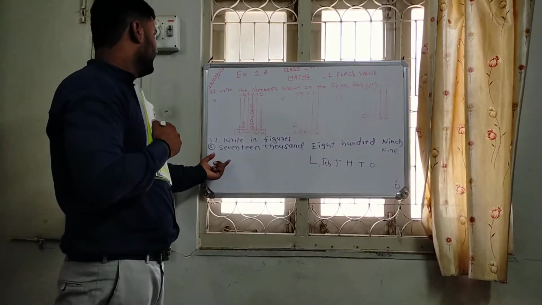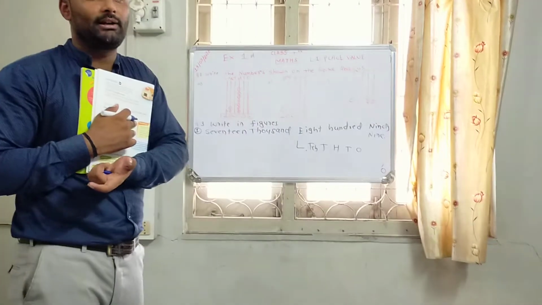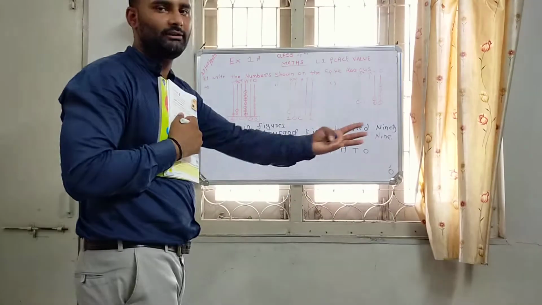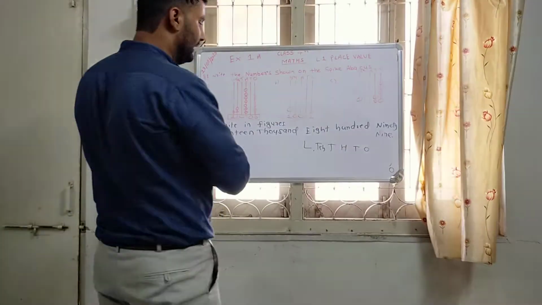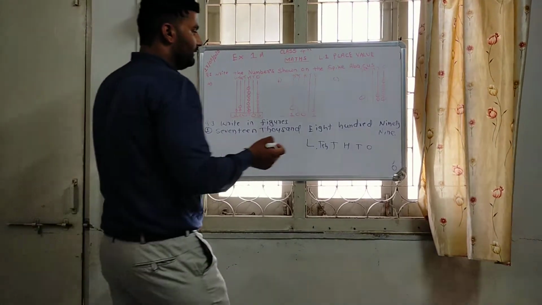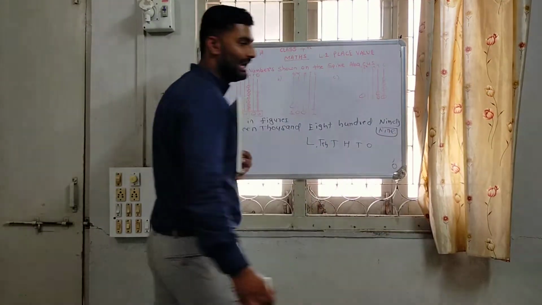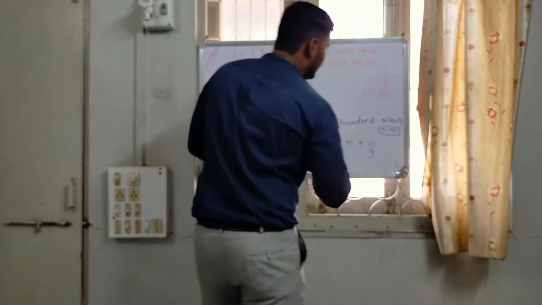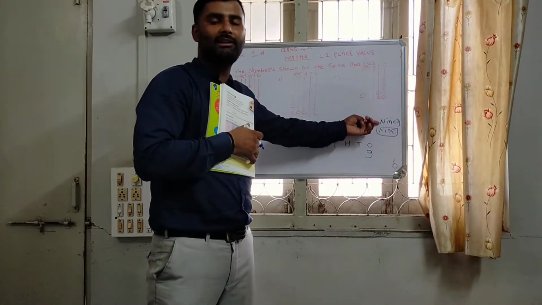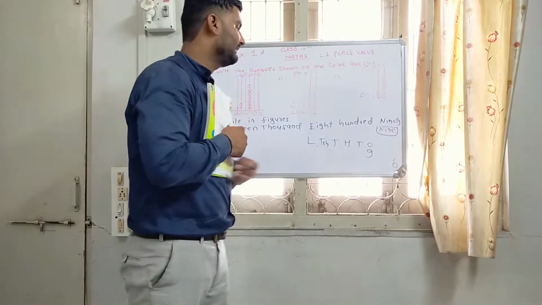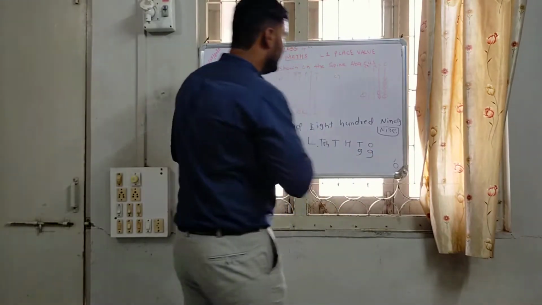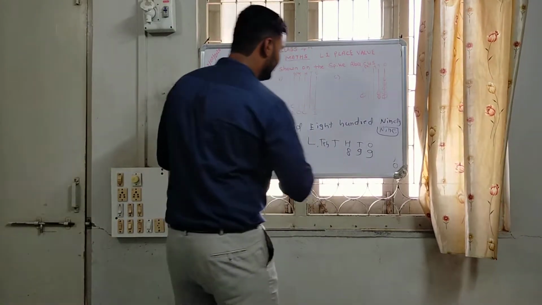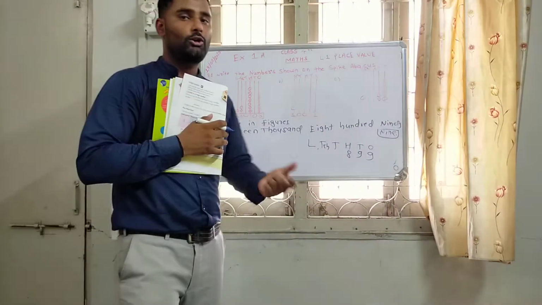Okay. Now while we read this number, we read from left to right. While I write this number in the place value chart, I write from right to left. Now how many ones are there? 9. The last number is 9. How many tens are there? 90. That means 9 tens are there. How many hundreds are there? 800. That means the value is 8, in the column of hundreds.